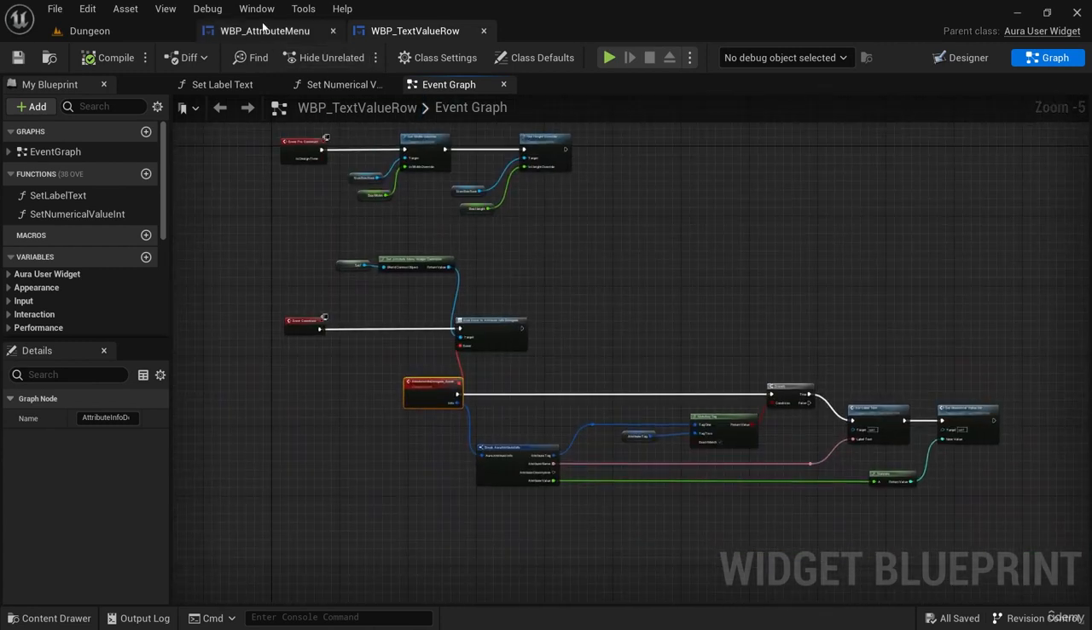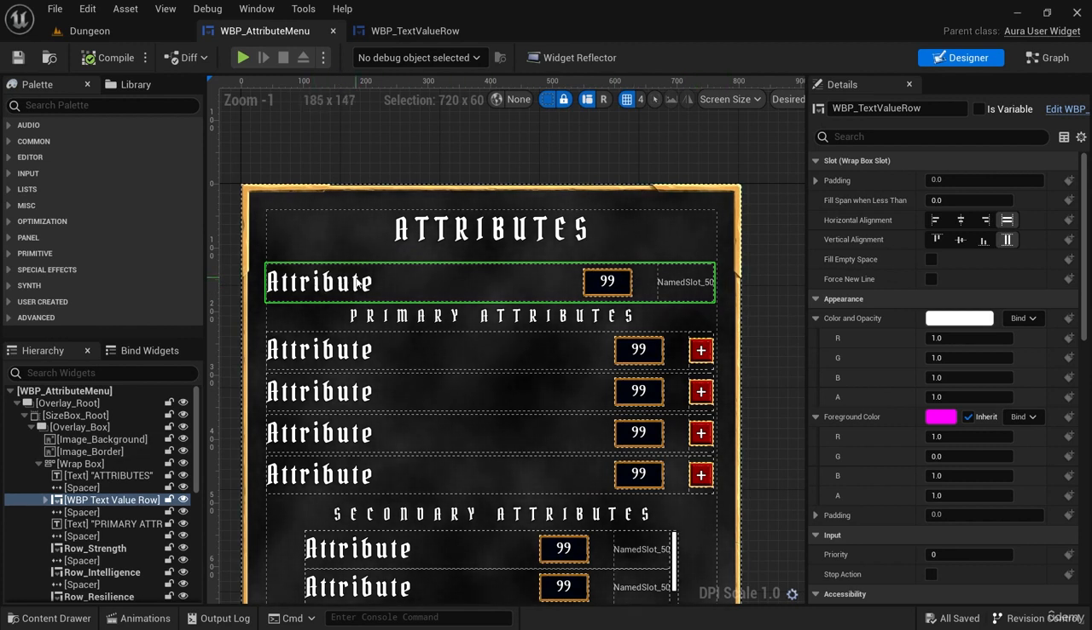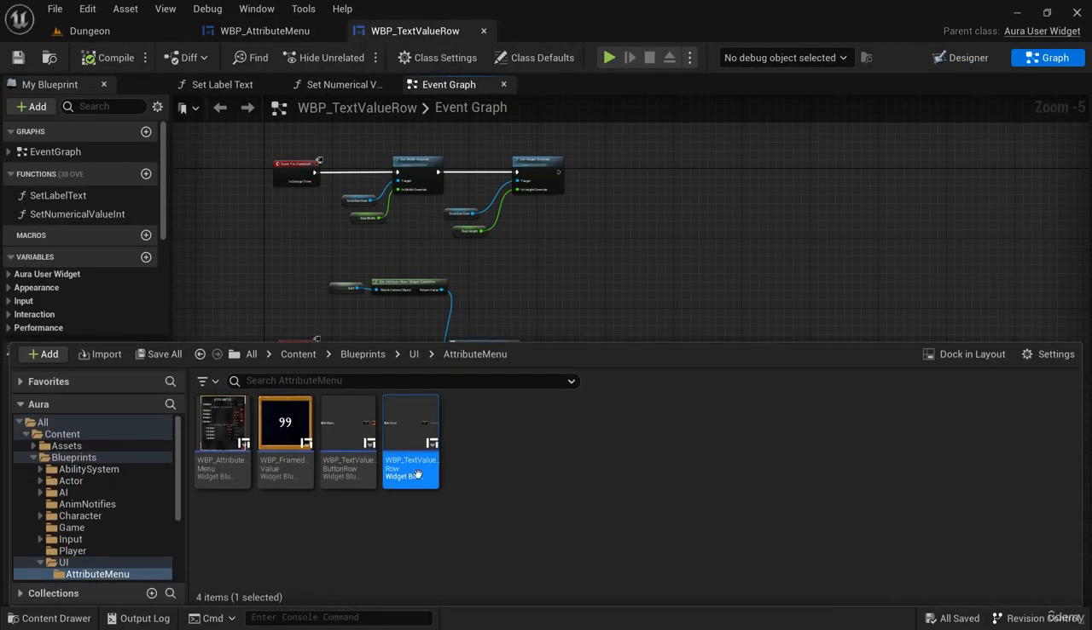Well, that's not something we need up here. We don't need to listen to attribute info. We need to listen to a different broadcast, a broadcast of our attribute points. I'm going to make a separate attribute row specifically to receive attribute points. So I'm going to take my text value row and duplicate it and call this one WBP attribute